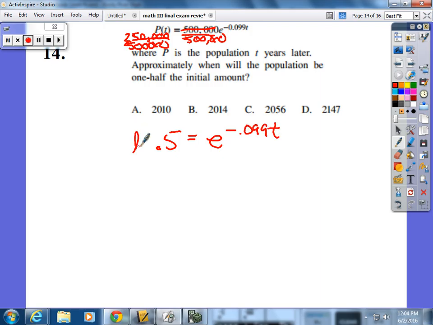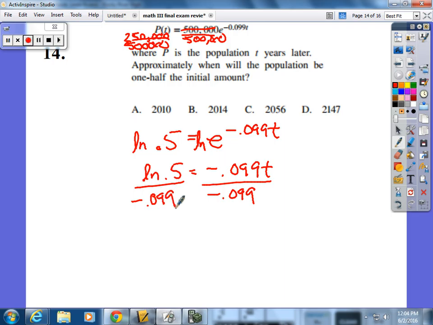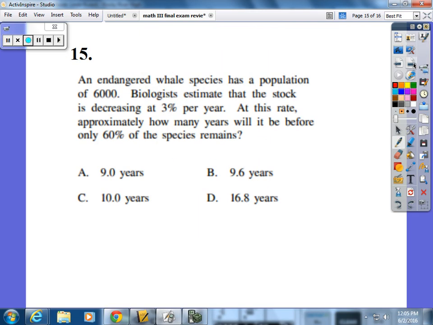0.099t. You have to take the log or natural log of both sides. So I have natural log of 0.5 equals negative 0.099t. Divide by negative 0.099. And when you do that in your calculator, natural log of 0.5 divided by negative 0.099, you get approximately 7 years. Okay, so remember we started in the year 2007, so 7 years later would be 2014. Number 15,